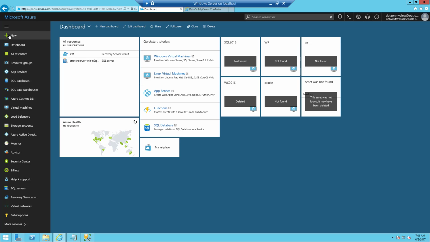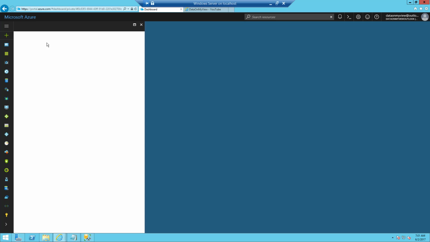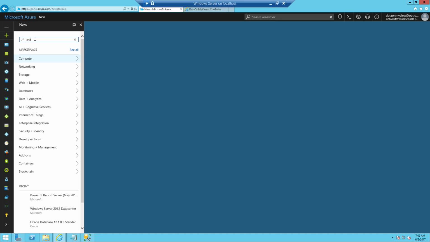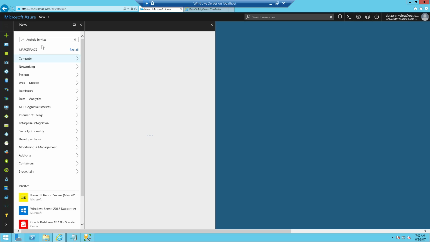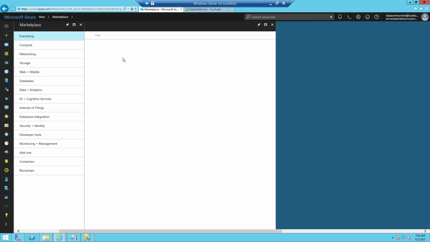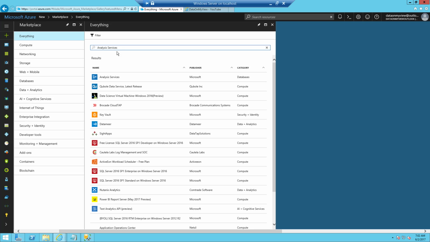Click new and check for Azure analysis services, or just type analysis services. It is going to show me the service, searching for the name which I gave in the search box.